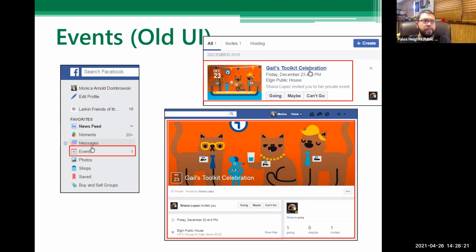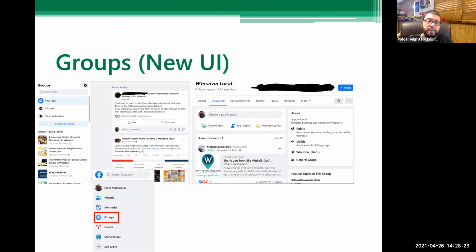Another kind of feature that's getting bigger on Facebook is groups. So this is also, again, you see that red box there in the bottom. There's a shortcut right to it in the homepage right underneath the search bar. If you're on a tablet or a phone, there's a dedicated group button kind of along the top in the navigation row there. And pressing that will get you to what you see in the left-hand screenshot, which gives you kind of an overview of recent posts in whatever group you're in.